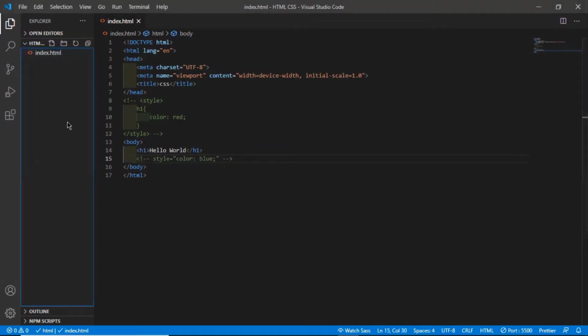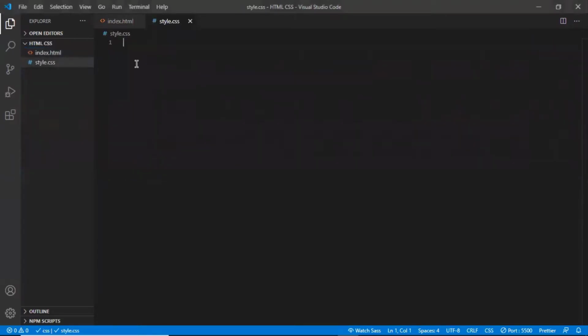While doing external, we stay in the folder, click here for a new file, and I will write style.css. In this way we create a file for the cascading, and it will have the extension of .css.